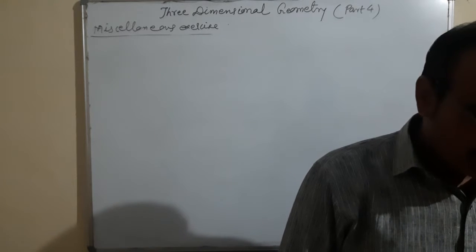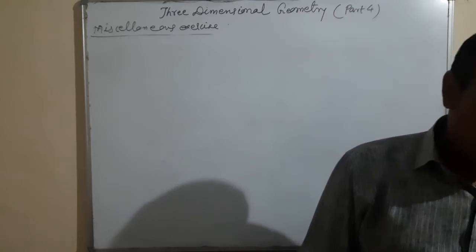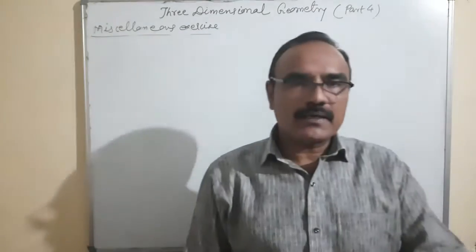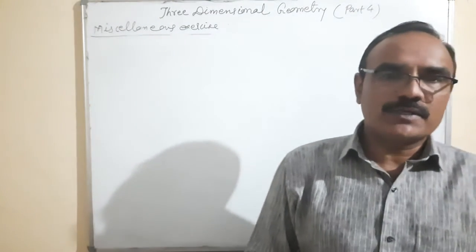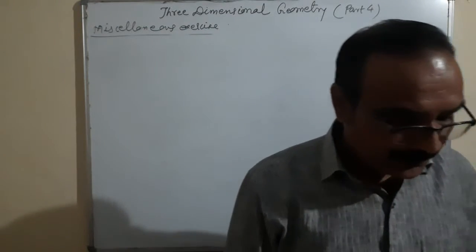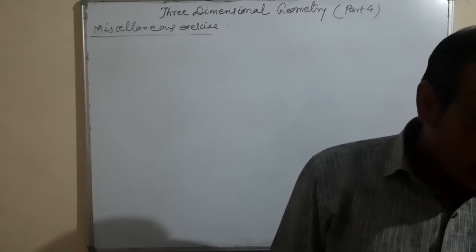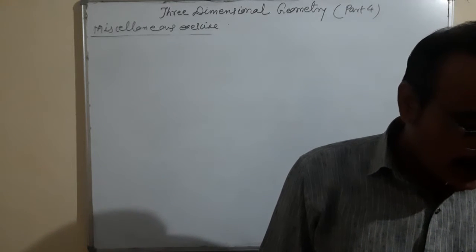Next question is, if the two lines given are perpendicular, then find the value of k. Lines are perpendicular, simply we can compare their direction ratios: A1 A2 plus B1 B2 plus C1 C2 is equal to 0. You can find the value of k. Nothing special in this question, so you can solve this. I am coming to question number 7.